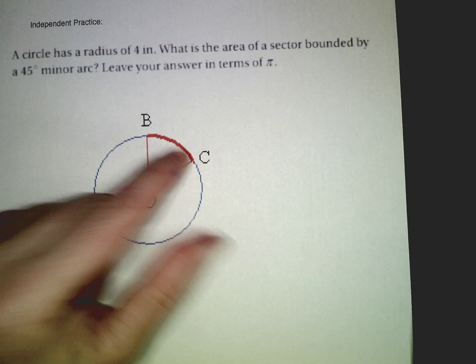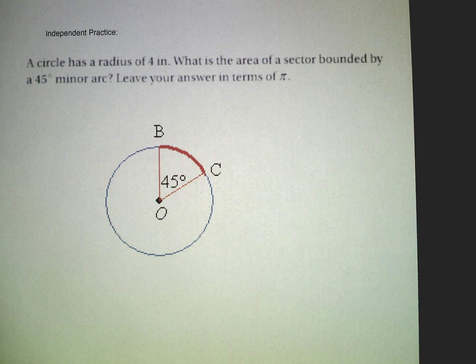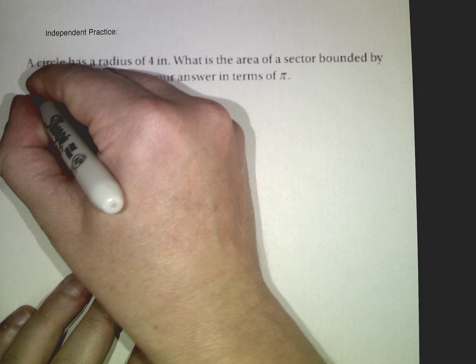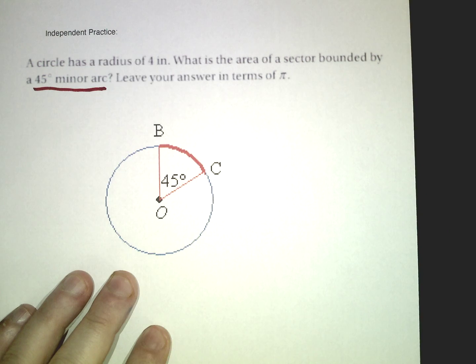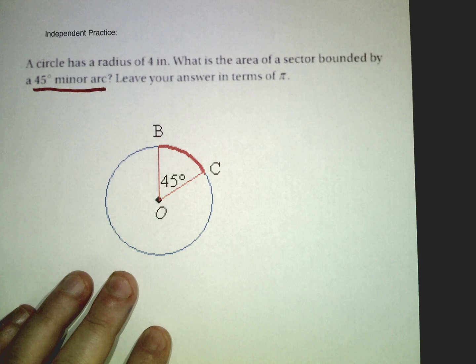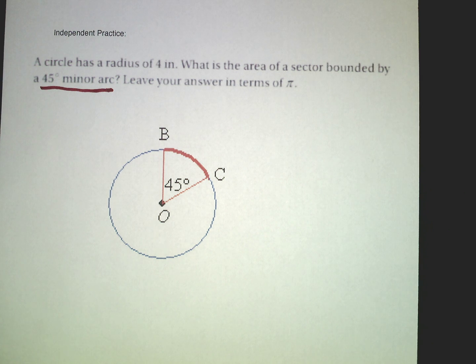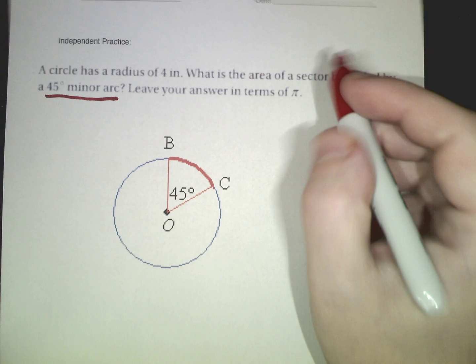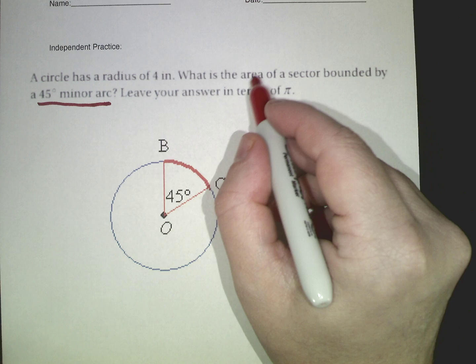Okay, but they want to know about the minor arc. So I'm going to 45-degree minor arc. I'm going to highlight that in red because that's highlighted in red here. And it says a circle has a radius. So they're asking me about the area, and they say the circle has a radius of 4 inches, which I